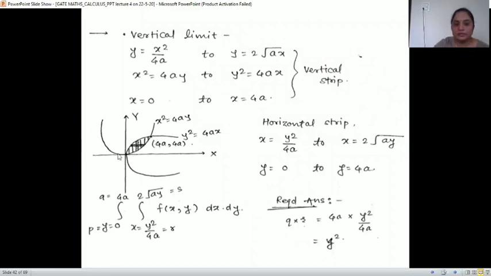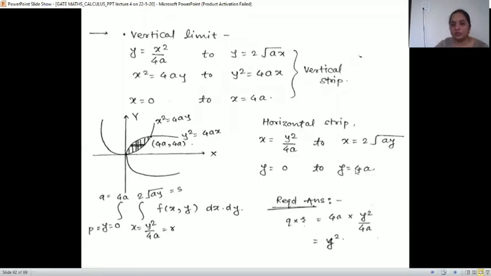Okay, then we have to draw a strip parallel to x-axis. Lower limit is on this, that is x is y square by 4a. Upper limit is on this, where x is root 4ay. Here it is, root 4ay, that is 2 root ay. Okay, these are the limits of x, and if we rotate the strip in the region, we'll get limits for y. So y is 0 here, the lower limit, and it will go max here, and this point is 4a 4a, so y is 4a.